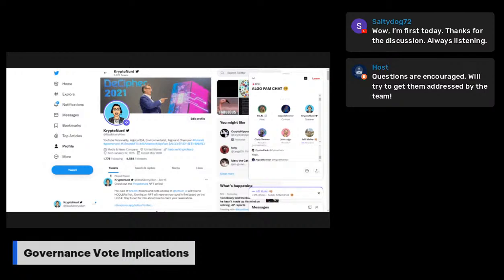Sometimes the people that are not necessarily the biggest whales have a lot of information. Maybe you're very well educated on this proposal, and you don't have a big bag of algo, but people will delegate to you. I feel like that element should be taken into account as well. So I think that's a +1 for the idea of delegation for your tokens. But right now everyone has to vote.